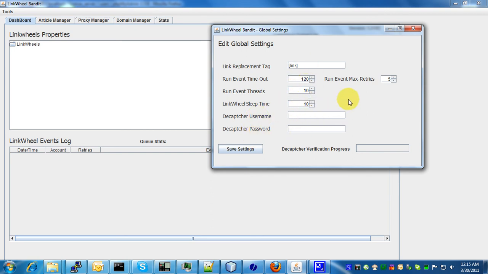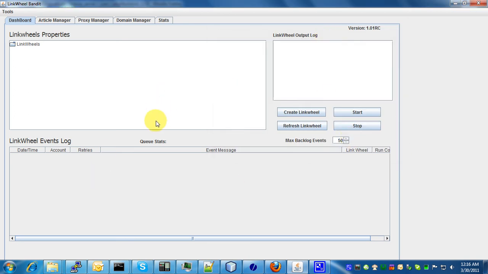And once all these other settings are set where you want them, basically default settings are typically fine. Just make sure the link wheel sleep time is a little bit higher than 1 minute. Set it at like around 10 or 30 minutes. Click on Save Settings. At this point, it'll go out and verify your DeCAPTCHA username and password. And once it's done doing that, you'll get a pop-up saying that you need to restart the app. So once you get the pop-up, just press OK. The app will then just restart the app,